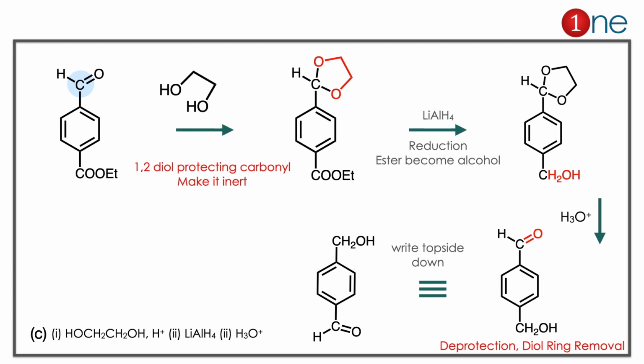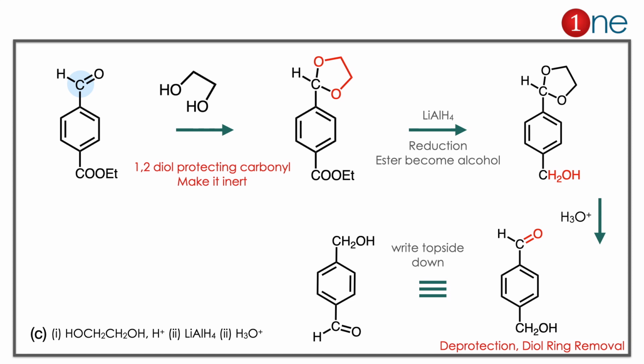The C sequence is dithiol, lithium aluminum hydride and hydrolysis. Let us see how. In the starting material, you have an aldehyde. You can use dithiol for protecting that one, because it doesn't get involved in the reaction, as the product also has the aldehyde. So dithiol protects the carbonyl there. You have 5-member ring formation. Then you are using lithium aluminum hydride. It reduces the ester into alcohol, so COOEt is converted into CH2OH. Then you are hydrolyzing it. The deprotection, the removal of dithiol, will happen. You will get back the carbonyl there. So deprotection leads to the ring removal. If you rotate the top side down, you have the desired product.